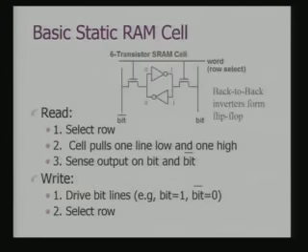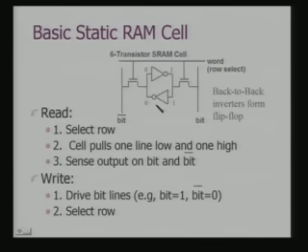Let us first look at static RAM. A typical static RAM cell, that is a single bit implementation, is something like this. It requires about 6 transistors for its implementation. You can understand that this back-to-back inverter actually forms a flip-flop. So, the bit is retained in terms of the states of this flip-flop.